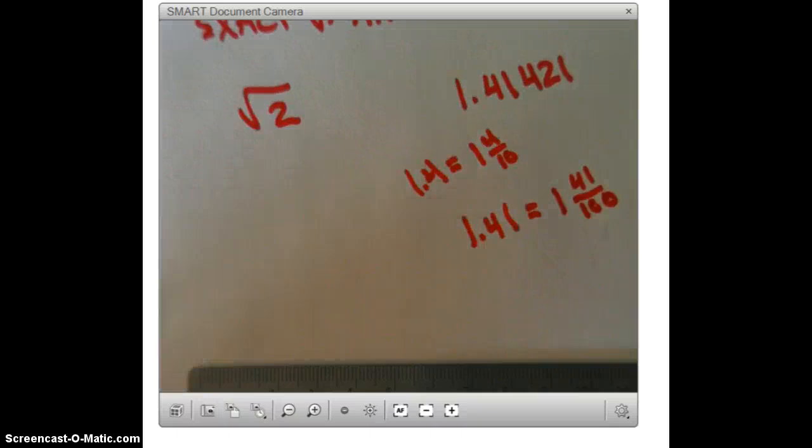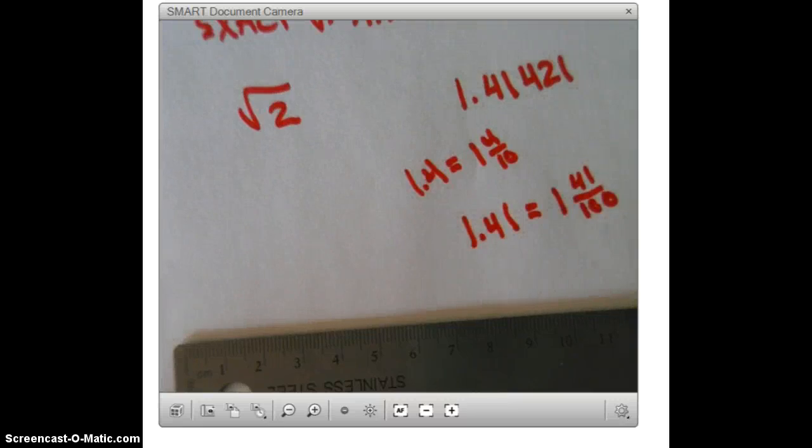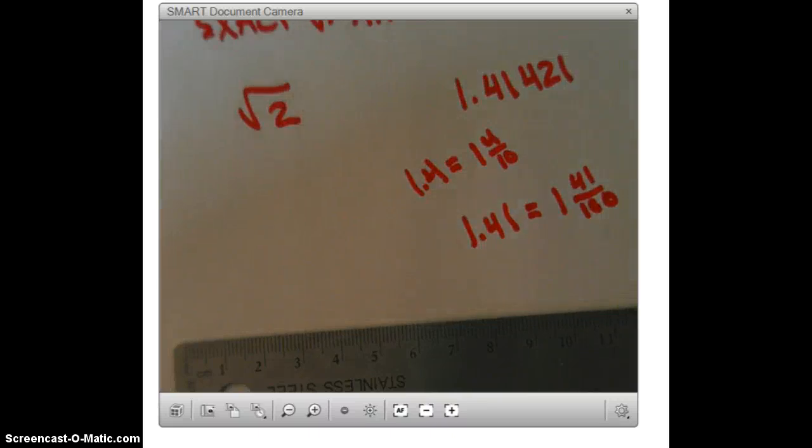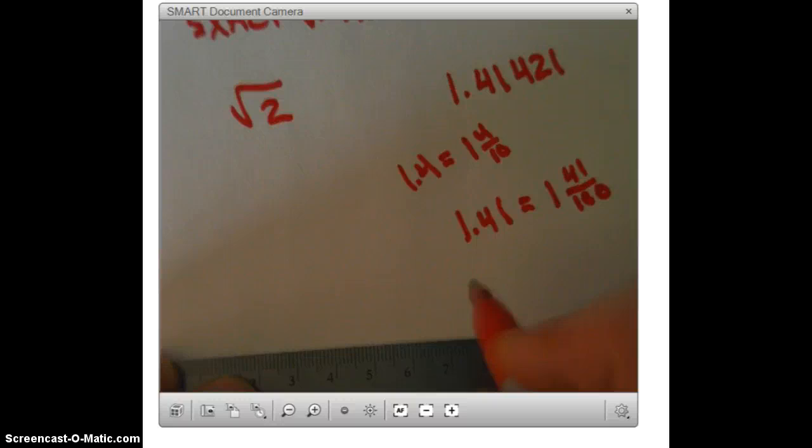So what that means is we would actually have to take this ruler, and instead of breaking the centimeter down into 10 parts, you'd have to break it down into 100 parts and find where 41 out of 100 is, which isn't an impossible idea. It certainly could be done. Let's take one more position. We go